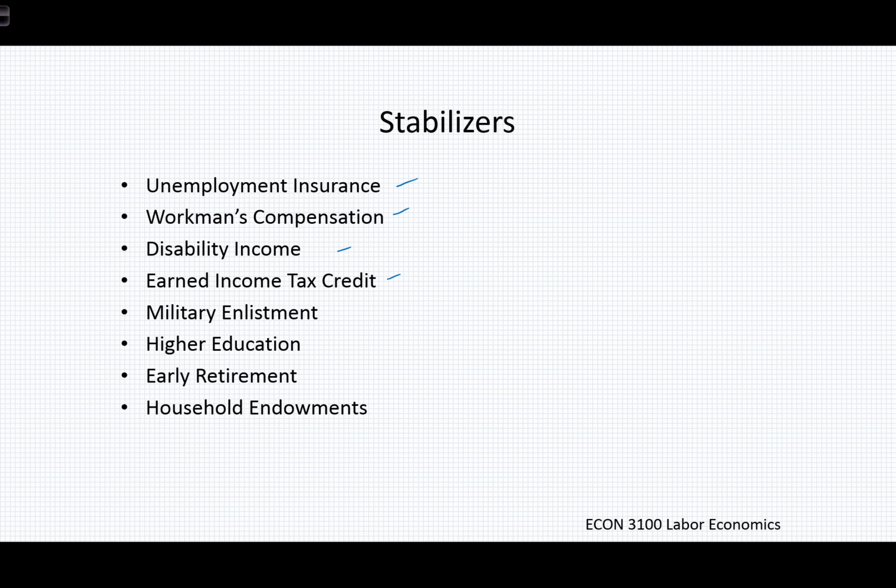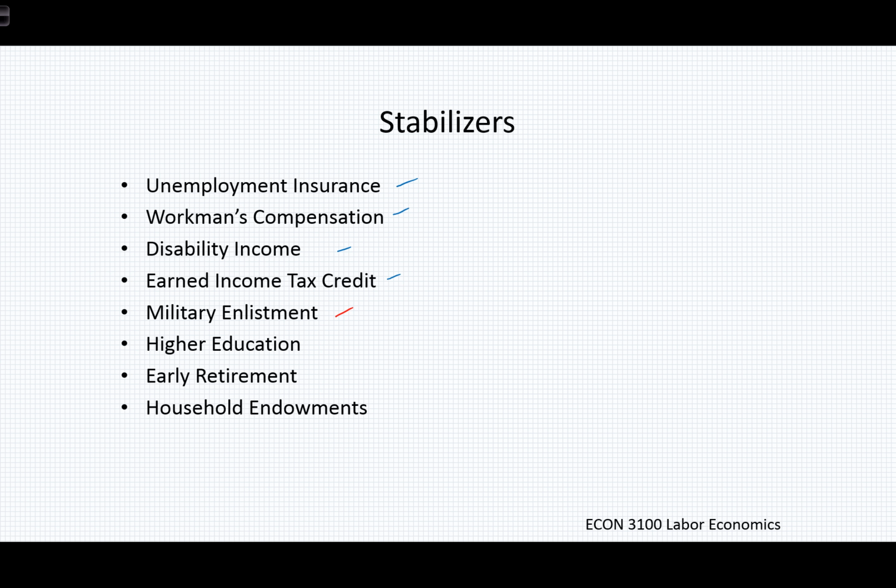We think a little bit differently about some other stabilizers, which maybe are not automatic stabilizers, but nonetheless will stabilize wages or incomes in an economy in the event of certain economic activities, and they will stabilize labor supplies as well. Think about this: military enlistment. When the economy is very challenging and younger people cannot find the kind of jobs they want, then we find typically that military enlistment amongst that age group rises. Whereas when the job market is very strong and the economy is very strong, we find that military enlistments fall,